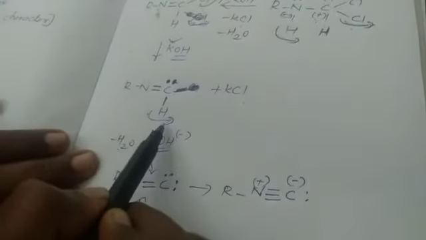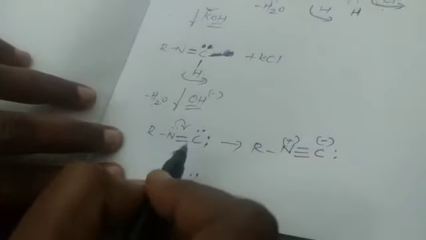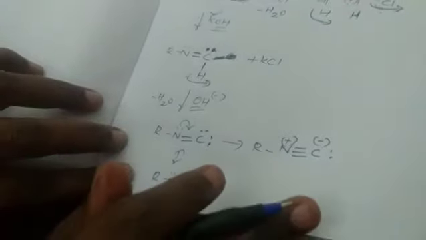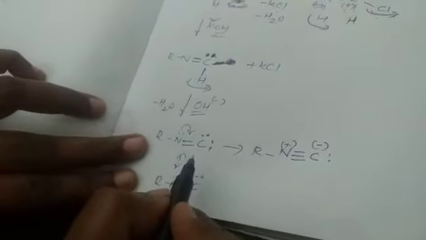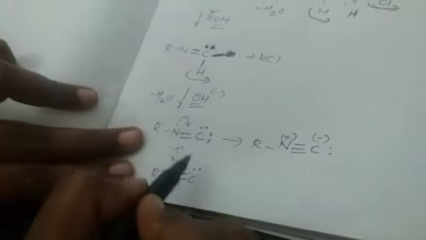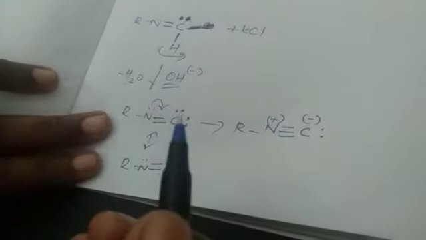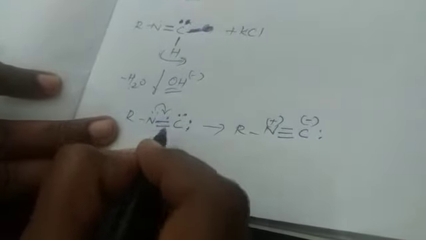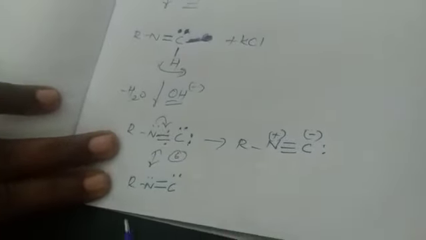Here it had only one lone pair of electrons. By the removal of the second hydrogen atom, carbon will have one more lone pair of electrons. Totally carbon will have two lone pairs of electrons. We all know that the valency of carbon is 4. It should be surrounded by 4 electrons. So in this, if you consider one electron here, one electron here, and then two lone pairs of electrons, totally carbon is surrounded by 6 electrons.